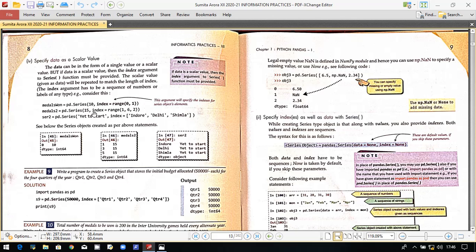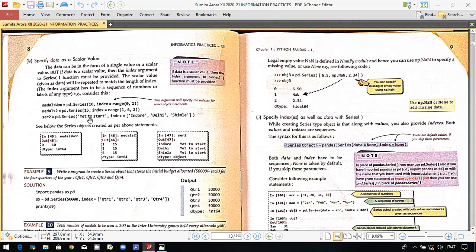Since the data value is given as a scalar value, 15 will be repeated for all the indexes. So clearly, whenever you specify the data as a scalar value for a series, you need to mention the index also, because accordingly the index will create the number of copies for the data value.